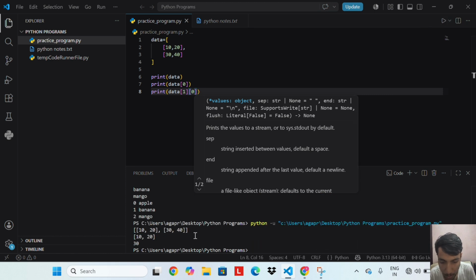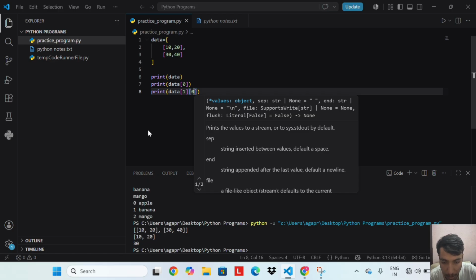We get these outputs. A nested list is a list that contains other lists as its elements. Here data has two elements. Each element is itself a list. So data 0 accesses the first inner list, 10, 20 as output.